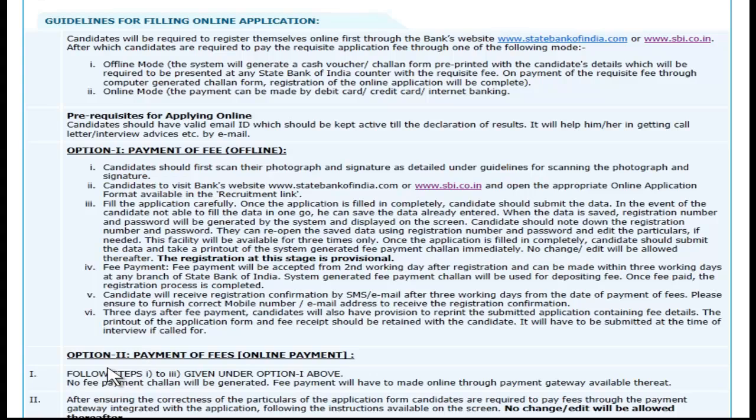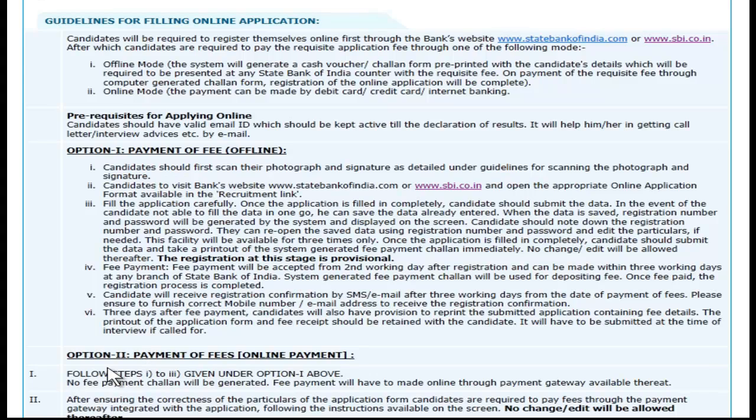Once you make the payment, your process of application is complete. But 3 days after you make the payment of fee, you will get an SMS or email confirming the receipt of fee and application. Once you get that, you can go back to the SBI website, fill in the fee details and submit the form again with fee details and all information.